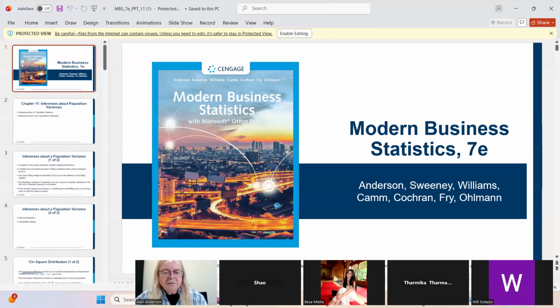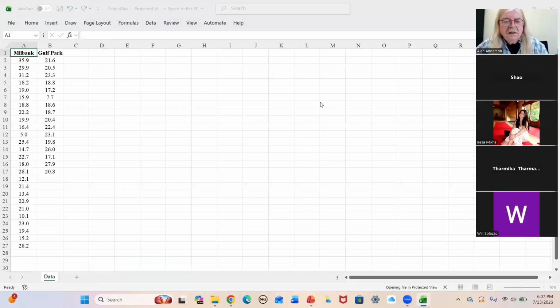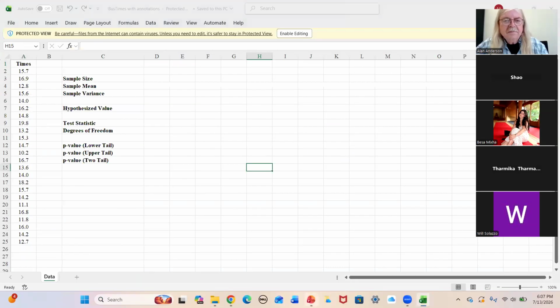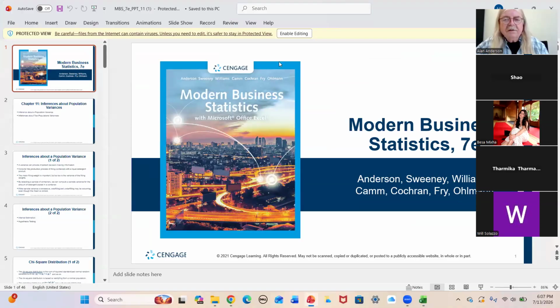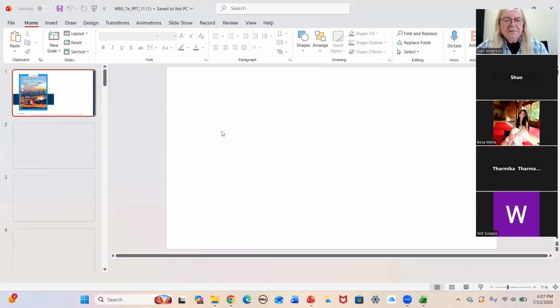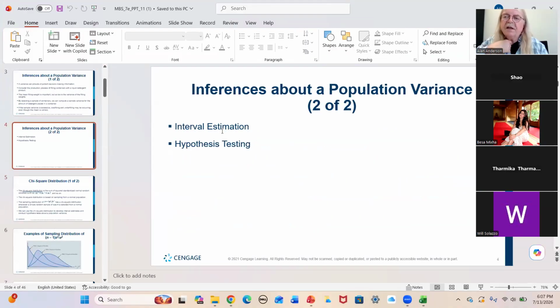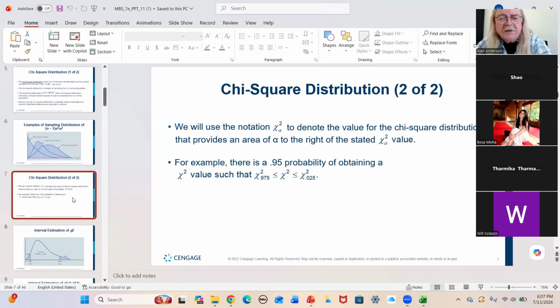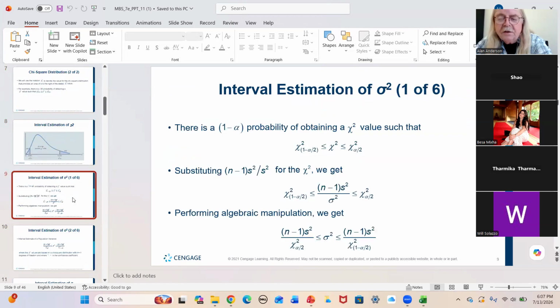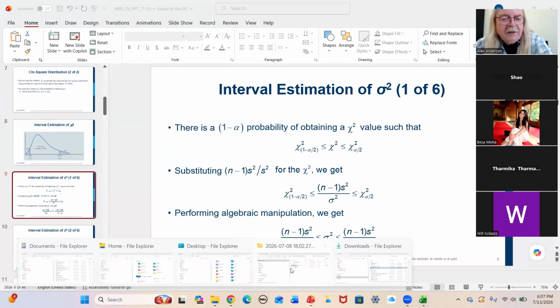All right, so here's the chapter. We'll do them in the same order as the slides. We started out with interval estimation and hypothesis testing with a single variance, which required the use of the chi-square distribution. We went through the properties of the chi-square distribution and saw how to interpret the table. Remember, the calculator doesn't have everything we need